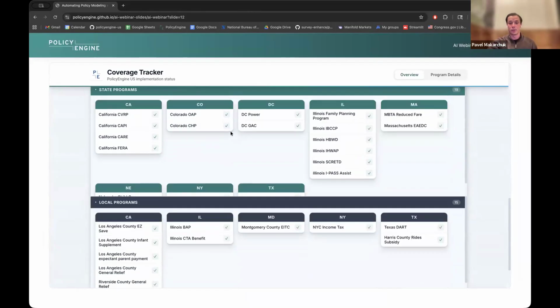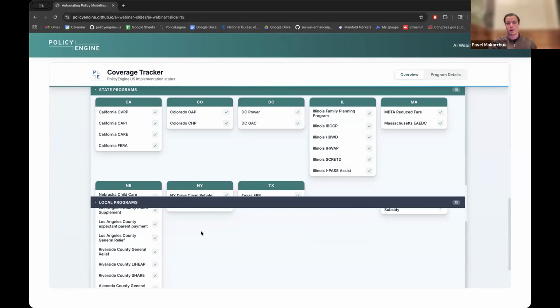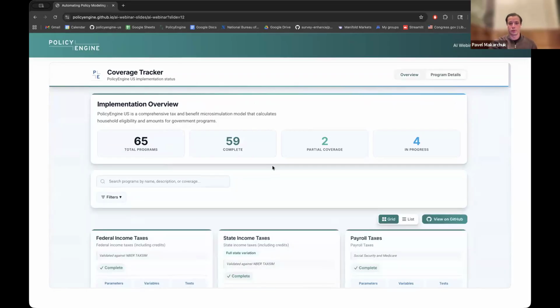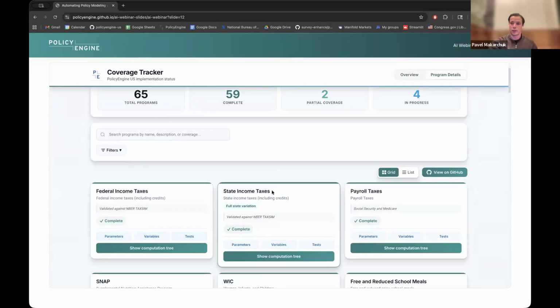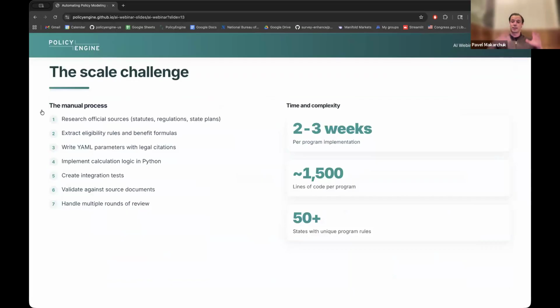And then some state and local programs as well, partially in collaboration with our benefit access partners, such as California-specific programs, and for other states as well as very localized programs such as the Easy Safe in Los Angeles County, some programs in Riverside County, other states. And this tool is also publicly available, so you can see our whole coverage. You can also go through the details and look at actual code in our GitHub repository for each of these programs.